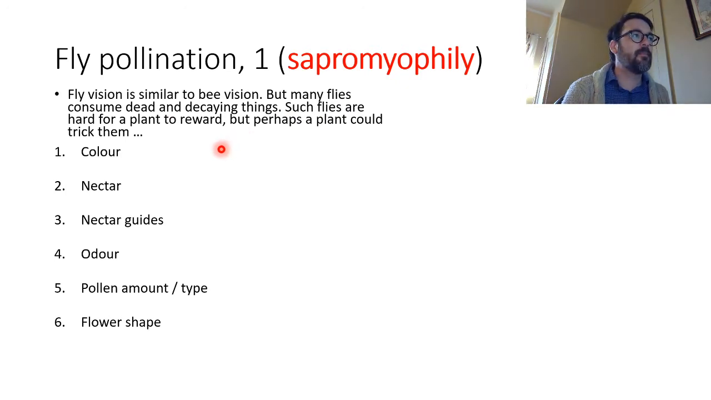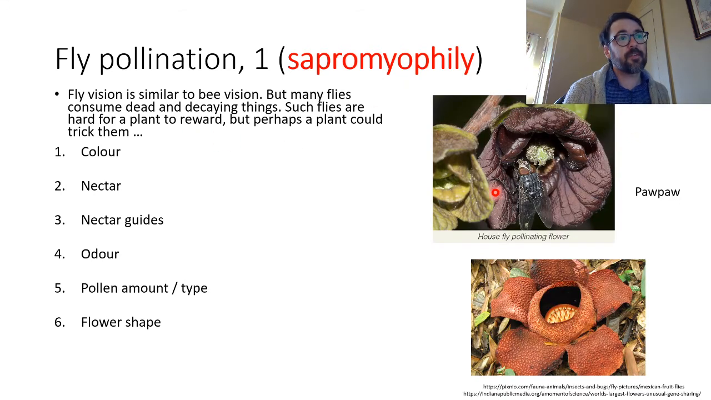And so you could imagine that a fly that's looking for a dead, decaying animal to lay its eggs in, it's going to be hard for a plant to offer a decaying meat reward. But a plant might be able to trick them. And so you get these sort of disgusting